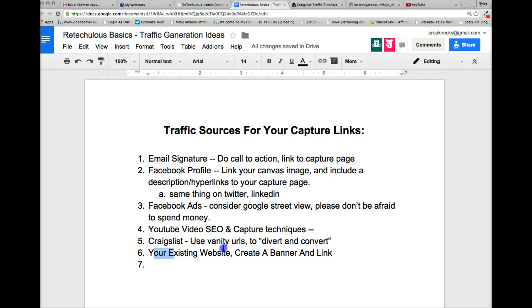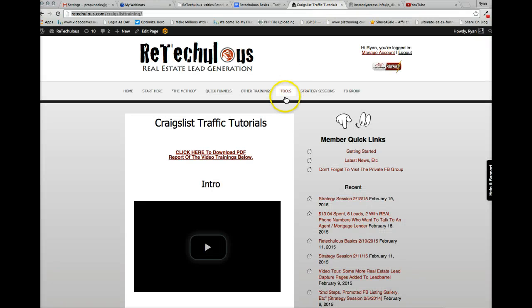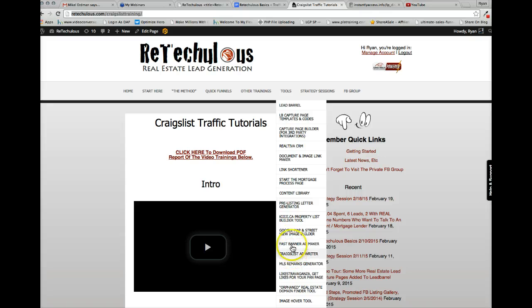Okay, and then your existing website. This is pretty easy. Just don't forget, you can create a banner ad and a link, and link it to your capture page and put that on your website. To create the HTML, to do all that, we do have an old tool that used to be very popular for Craigslist, but it's kind of not used as much anymore. But if you go down under Tools,